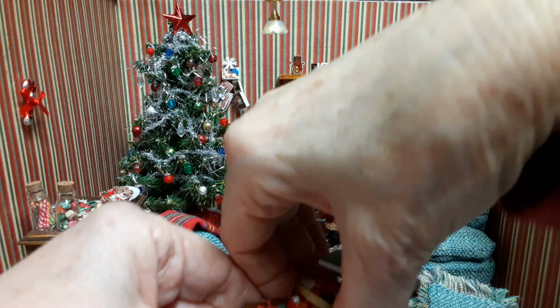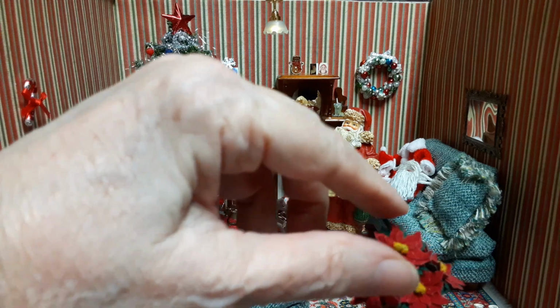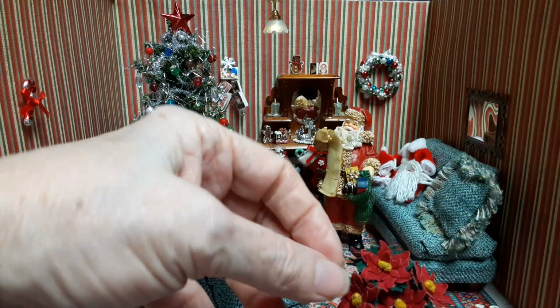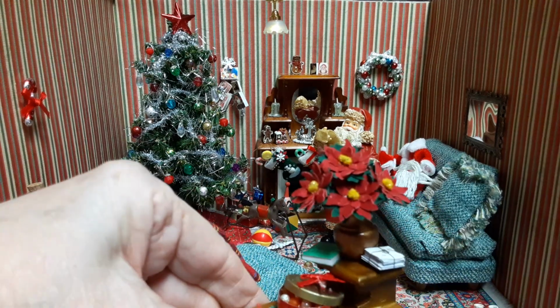Okay, so let's see. Here's the poinsettia I made. Whoops. Let's get that back. And these are what they call suede. I called it velvet paper, but it's called suede. And it comes in white, green, red, blue, other colors. And I used a punch